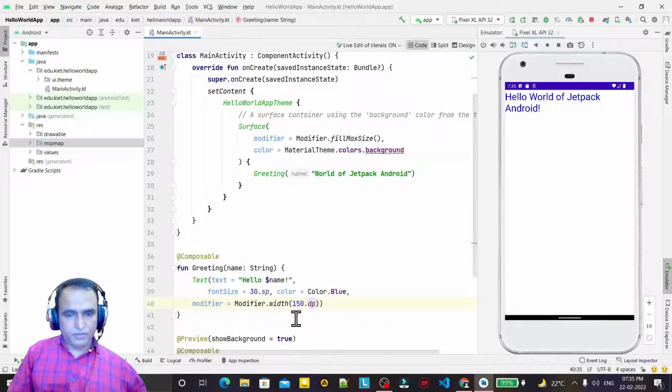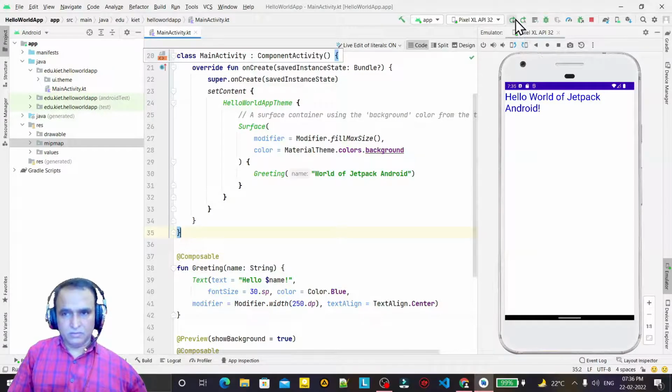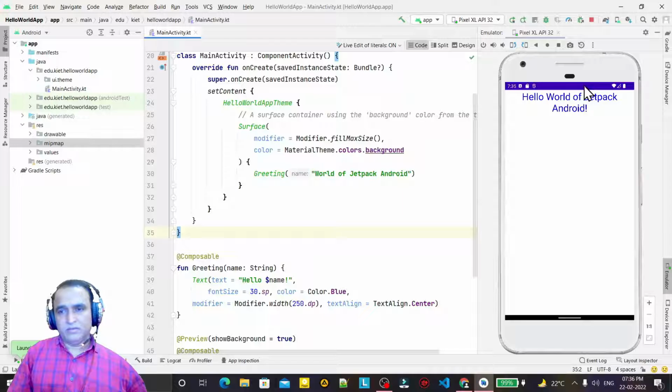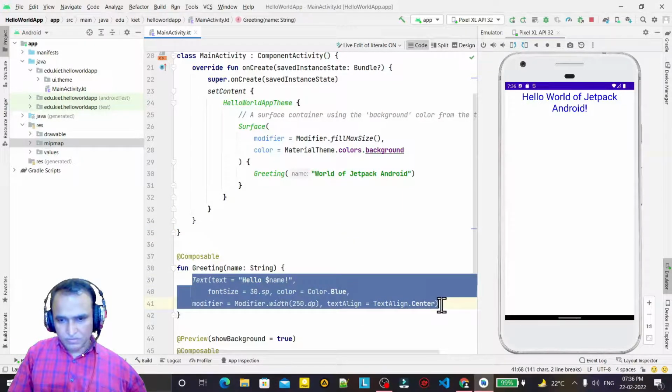Enter, and I say 250 and run once again, and I say here one more thing, text alignment, it would be center like this, run once again. You see center. So everything we are doing here, so simple.